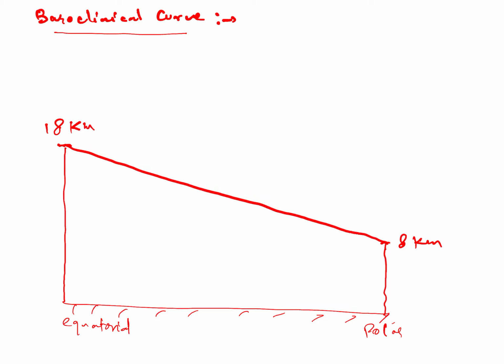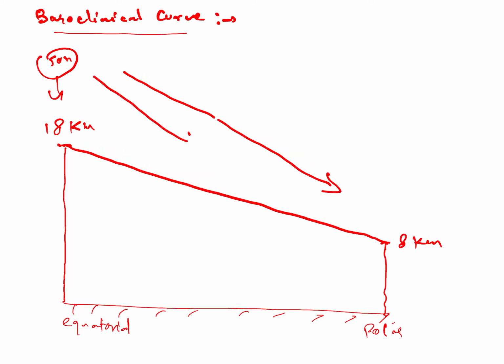Now look at the action of the sun. Are the equator and the poles equally heated? The answer is no. The equator is experiencing surplus heat. Annual heat surplus is experienced at the equator, while the polar region is experiencing a heat deficit condition. And because of this, you can understand.